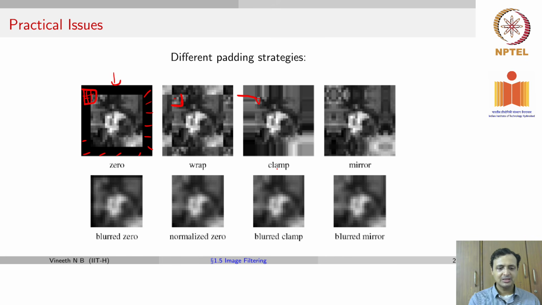So in each of these cases, if you did say an average filter, these are the kinds of outputs that you would get. As you can see, there is not too much variation, except for the variation at the edges, and it matters less the larger the image becomes. These are cases where we have taken very low resolution images, but the larger your images become, the outputs of these padding strategies don't change too much from a visual impact.